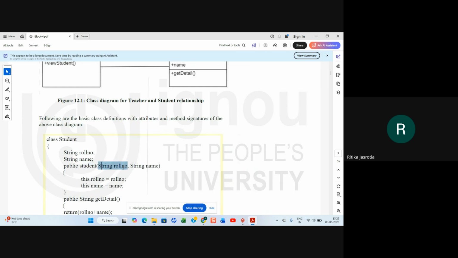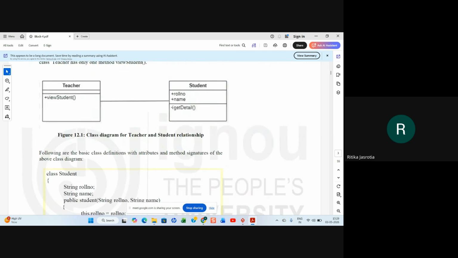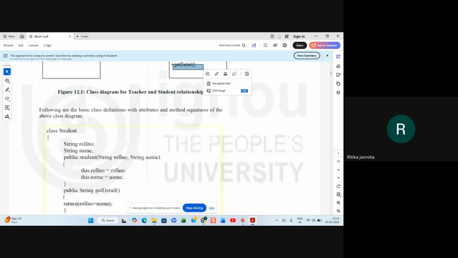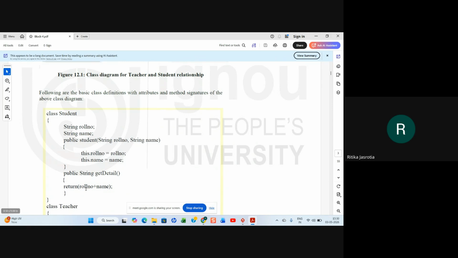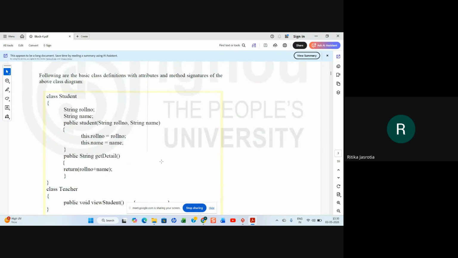You are passing string roll number and string name here, and this.rollNumber is equal to roll number, this.name is equal to name. You are initializing the values through the constructor, and public string getDetail, this is the function which you are making, and return roll number plus name. So you are returning roll number plus name, right?